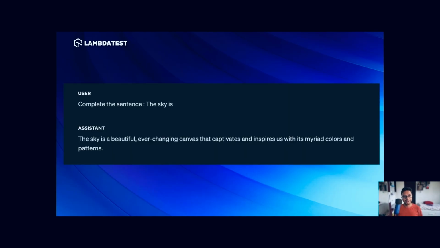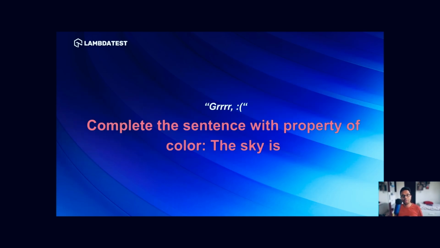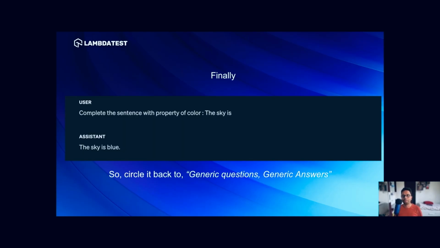And the response I get: the sky is a beautiful, ever-changing canvas that captivates and inspires us with its myriad of colors and patterns. Still not what I'm looking for. Only when I go ahead and am absolutely specific, complete the sentence with the property of color in mind, this is when it says the sky is blue.